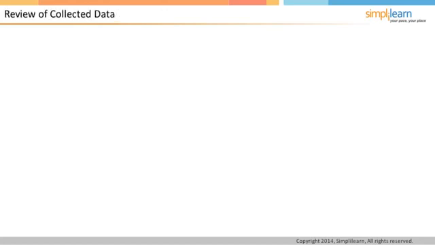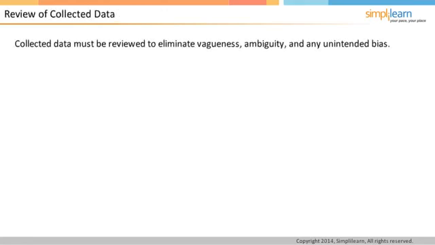Collated data must be reviewed to eliminate vagueness, ambiguity, and any unintended bias. Nutra Worldwide buys laptops for its employees from a company that manufactures and sells laptops. The company also provides servicing and repairs for its products to the customers. To understand the level of customer satisfaction in Nutra Worldwide and to improve its process, the laptop company is conducting